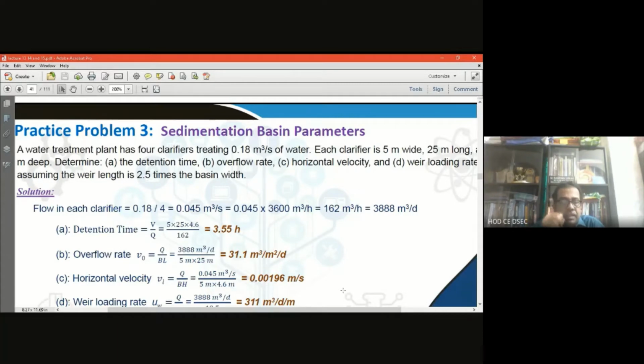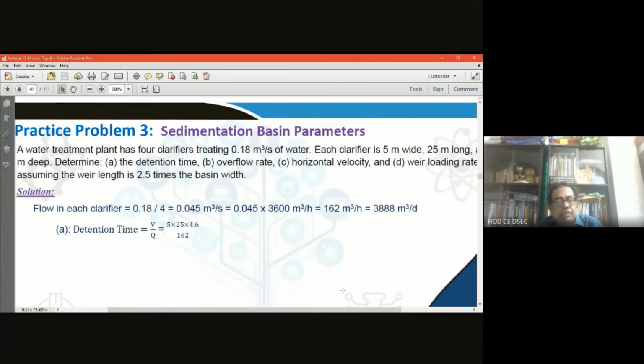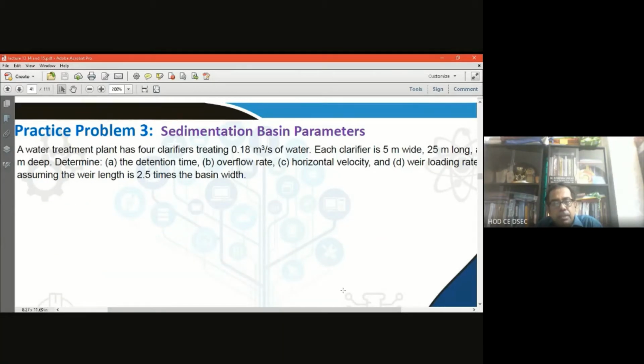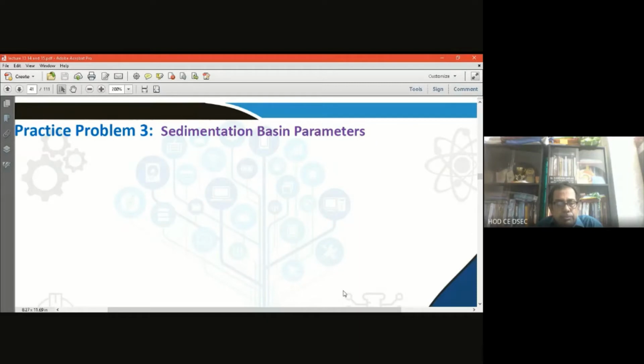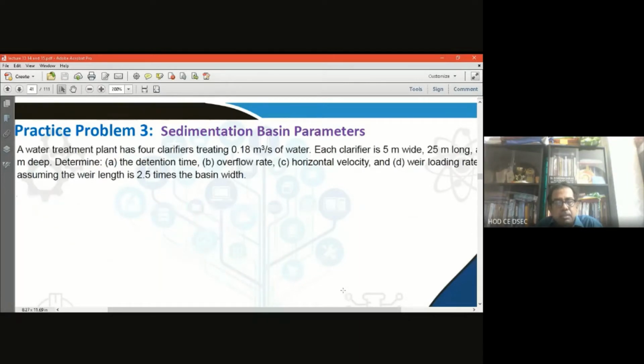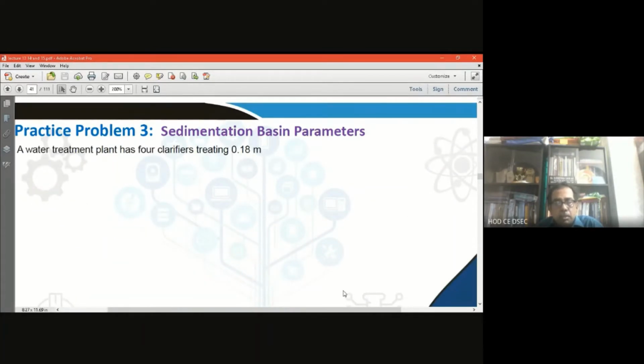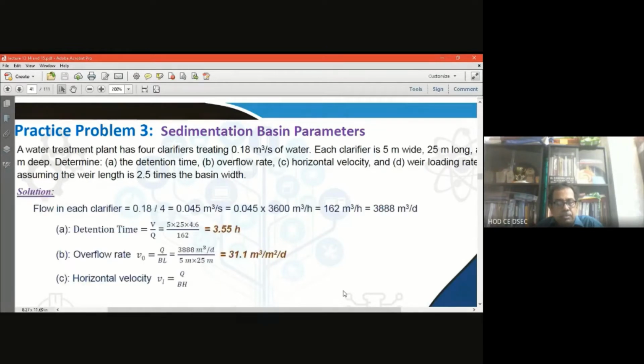Now what is detention time? Repeatedly I have told you in my earlier lecture, the 13th lecture, that detention time means the volume by Q. This is the basic thing you have to keep in memory. Volume by discharge is the detention time. That means the time during which the tank can detain the liquid. So that's why it is called detention time.